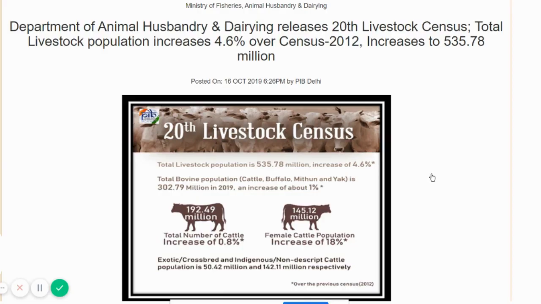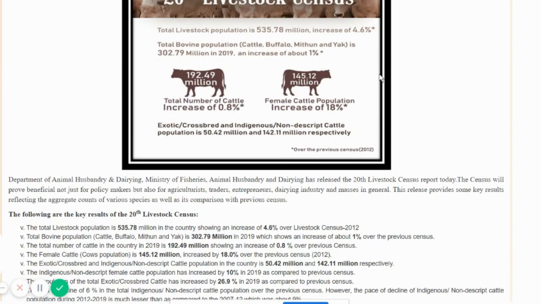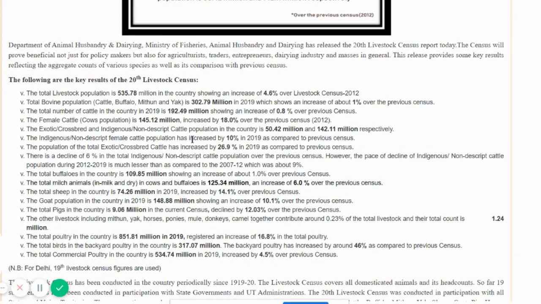I will just tell you the details about how to prepare for this. Just remember which animals got the maximum amount of gain when compared to the last year. UPSC can ask questions regarding data based upon these kinds of things. They will never ask the exact number. They will just ask you to arrange it in the chronological order. You have to know which is the biggest gainer and which is the biggest loser.